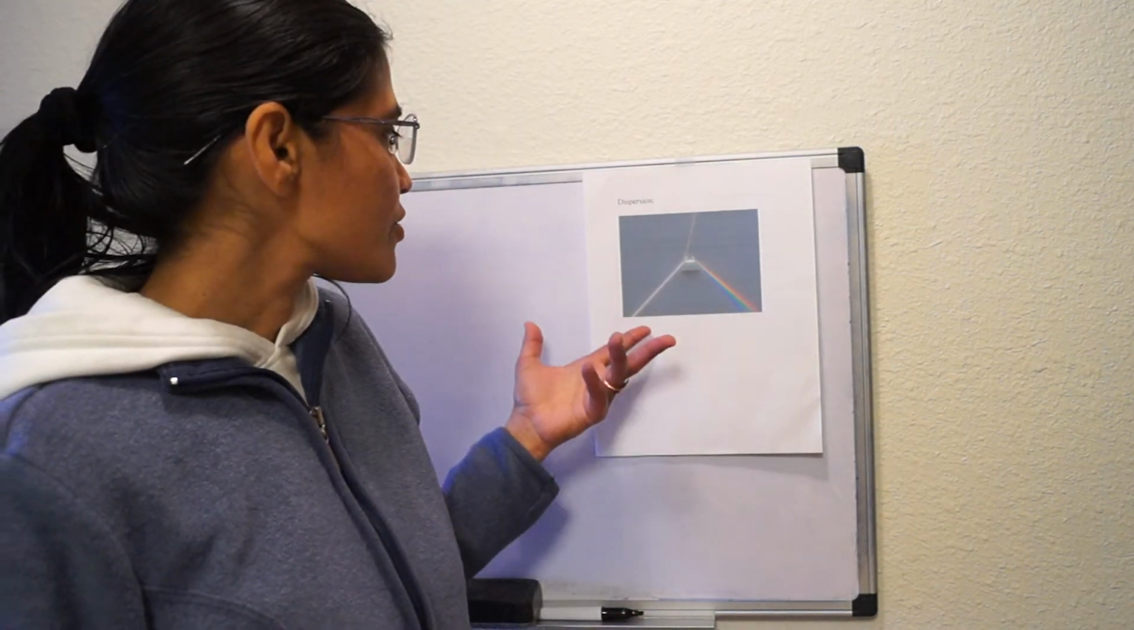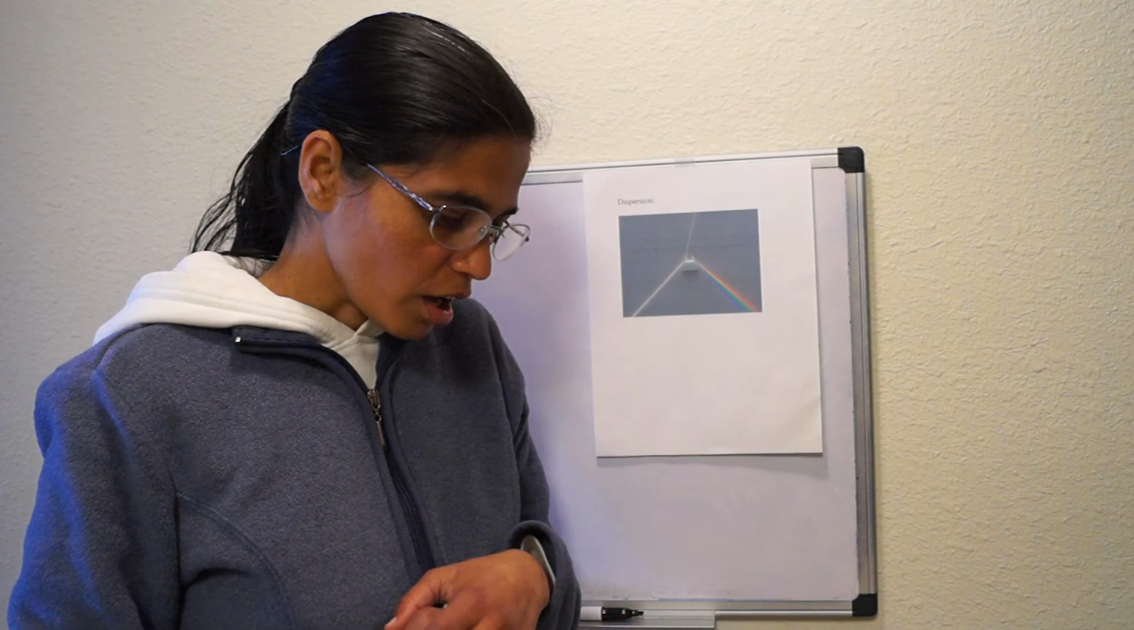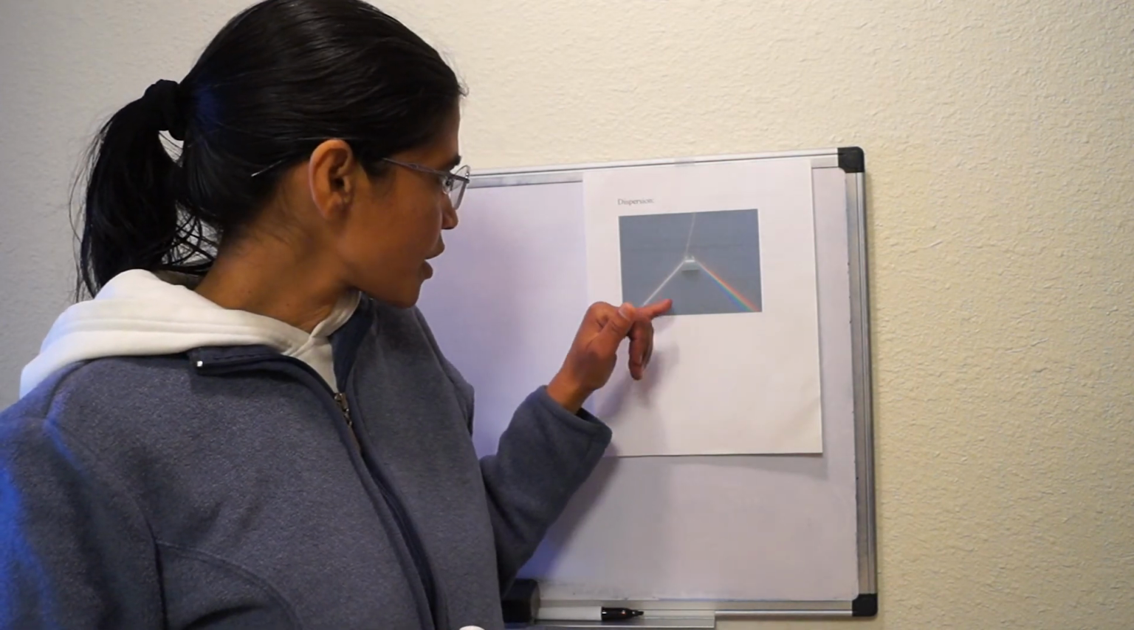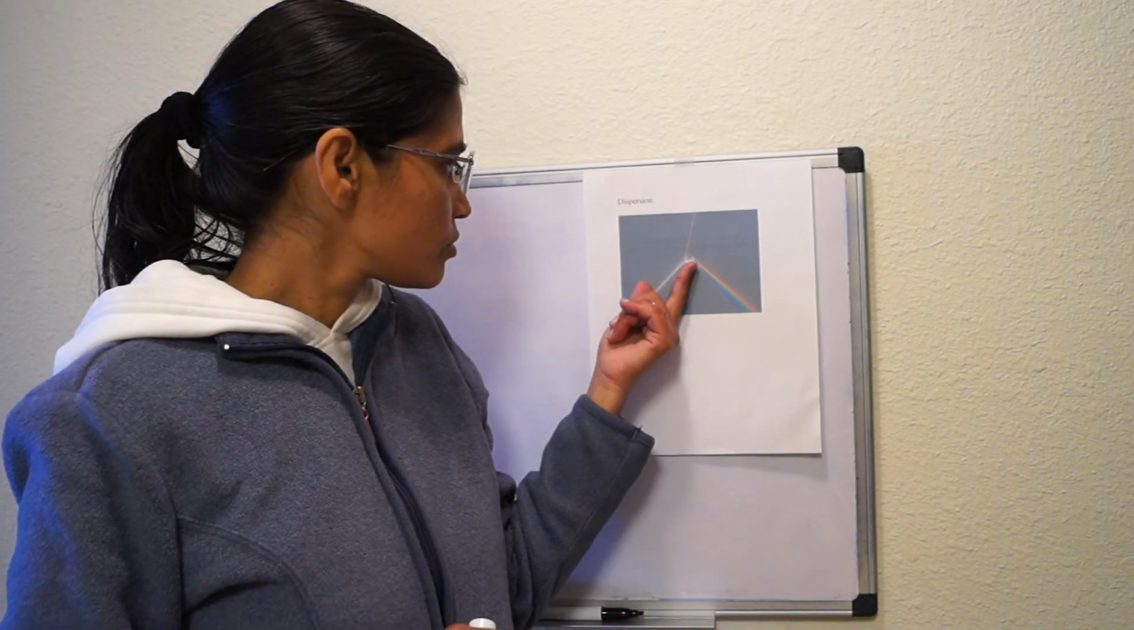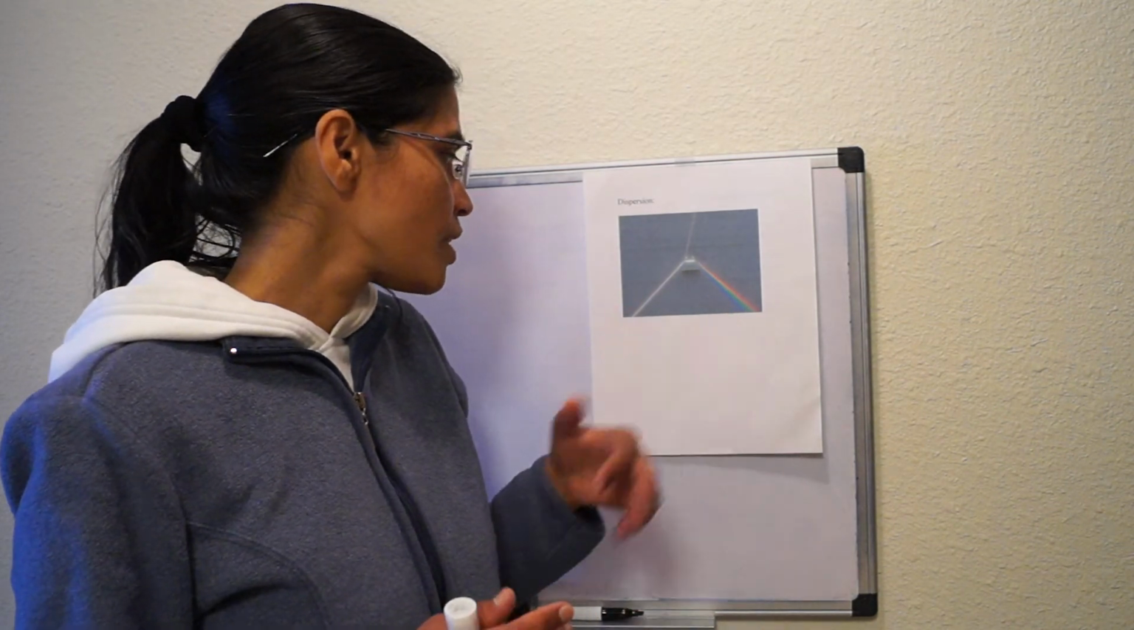So it turns out that actually Newton contributed about this dispersion of light. What he concluded was that white light is composed of 7 different colors of light. Okay, so